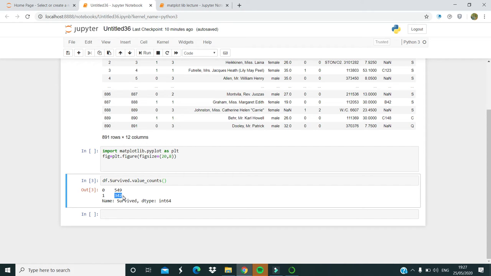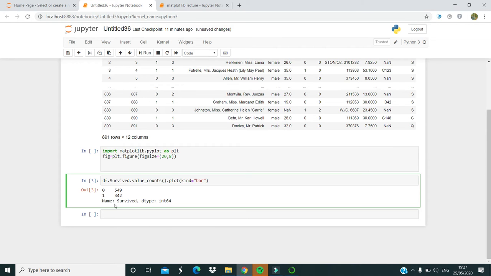Now let's say I want to plot it. What I have to do is apply the plot method over this value_counts. Inside the plot method I have to mention the kind of plot I want. Let's say kind equals bar.